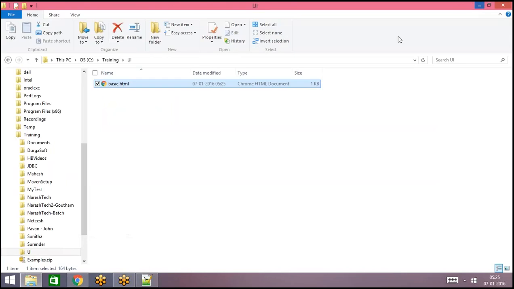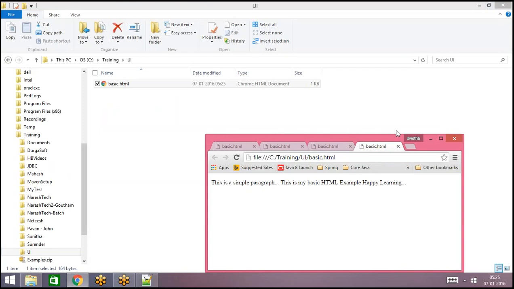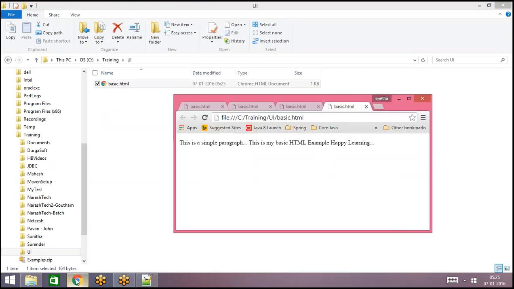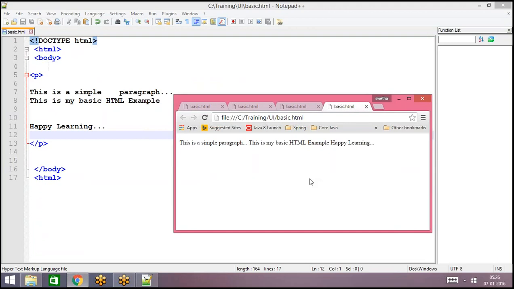And when you resize the browser window, of course, in this we have only small text. If you add more text to this, and when you resize the browser window, this text can be shown in a single line. But if we add some more lines and resize the window, the number of lines in that paragraph will vary automatically. And if you execute the same HTML on smaller screens or larger screens, then according to the window size, the number of lines in the paragraph also changes automatically.